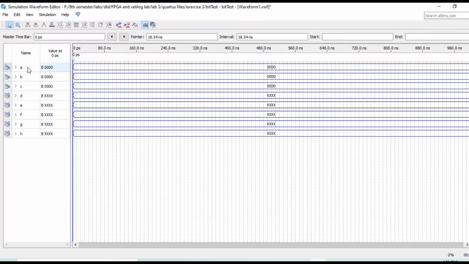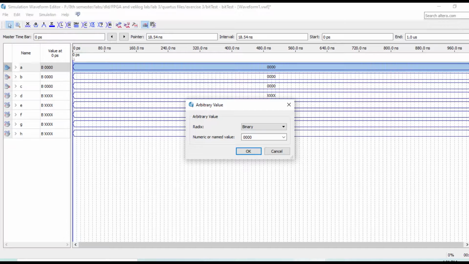And here you can see A, B and C, it's our input. For declaration of input, click on A, press on arbitrary value, and our value of A is 1100.